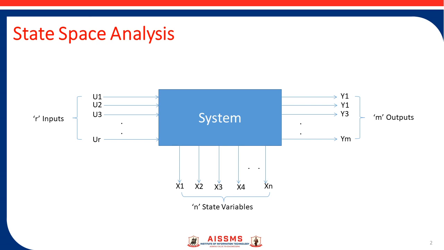In contrast to conventional control theory, the state variable technique involves three types of variables, as already shown in this figure. Input variable is represented by U, output variables are represented by Y, and state variables are represented by X. To represent the complete state system in state space representation, it requires the state variables with initial conditions of them to be known.